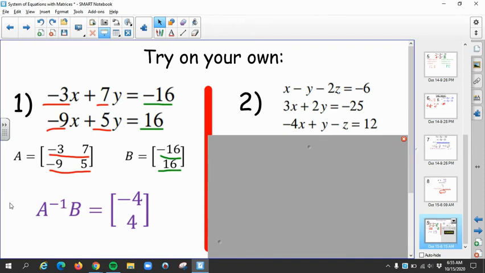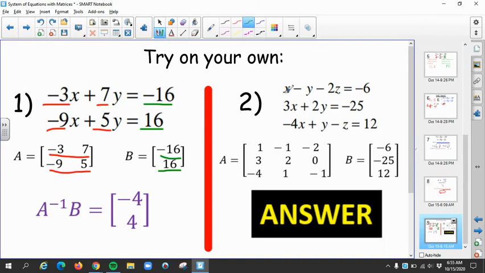Let's check number 2. Notice it's a little bit different because you have 3 equations, not 2, but it's still set up the exact same way. Be careful with your second row. Again, I encourage you to pause the video and see if you can set up your matrix. Let's check your matrix first. What you should have,